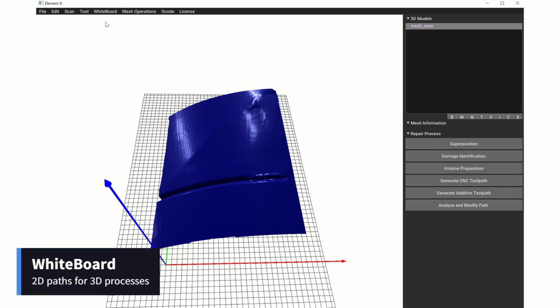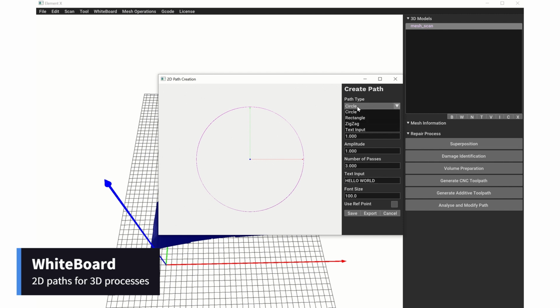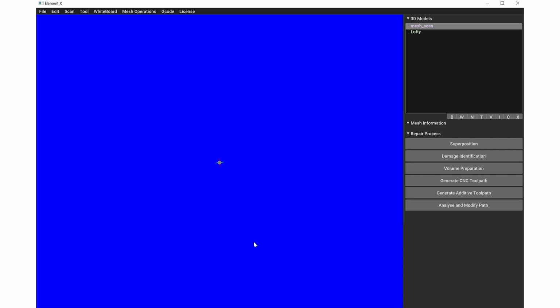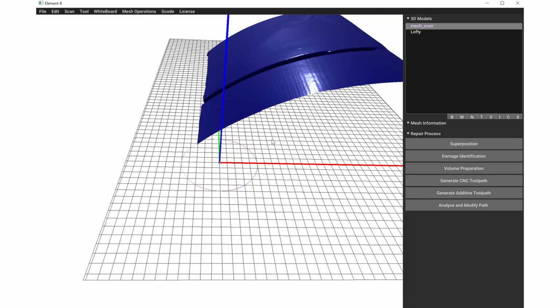First, open the whiteboard window, which is located in the dimensional module of Elementiam. In this window, you'll find various options to generate simple paths, such as circles, squares, zigzag infills, and even text. Once you've created your path, exporting it is straightforward, and it will automatically appear in the main window of Elementiam,